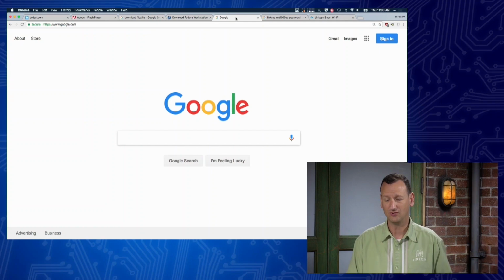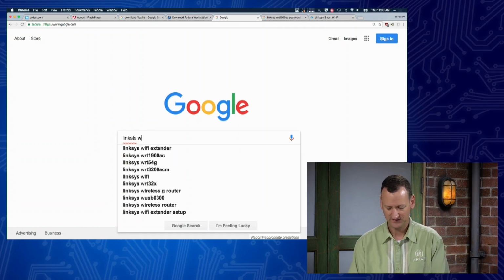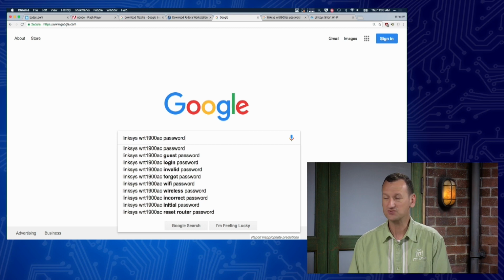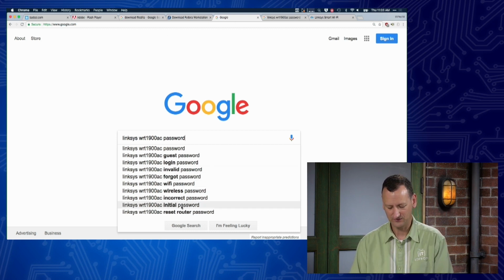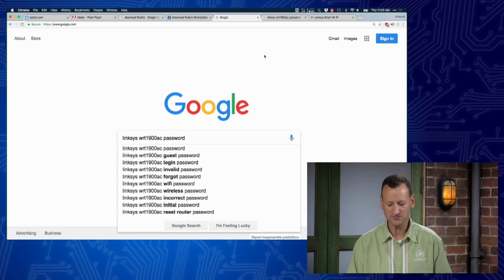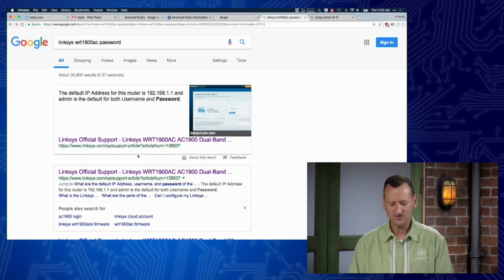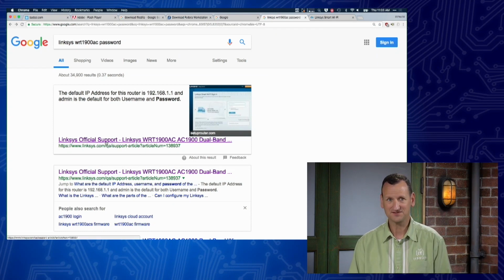We can jump over to Google and we can do a search for something like Linksys, we have to spell it right, Linksys WRT 1900 AC password, right? We can just run a search like that, and it's going to go into a search. And if you look at the recommendations down here, you can see where plenty of other people are trying to search for whatever these default passwords are. And when you do that search, you'll find a number of results, but the very first results coming right from Linksys themselves, right from the